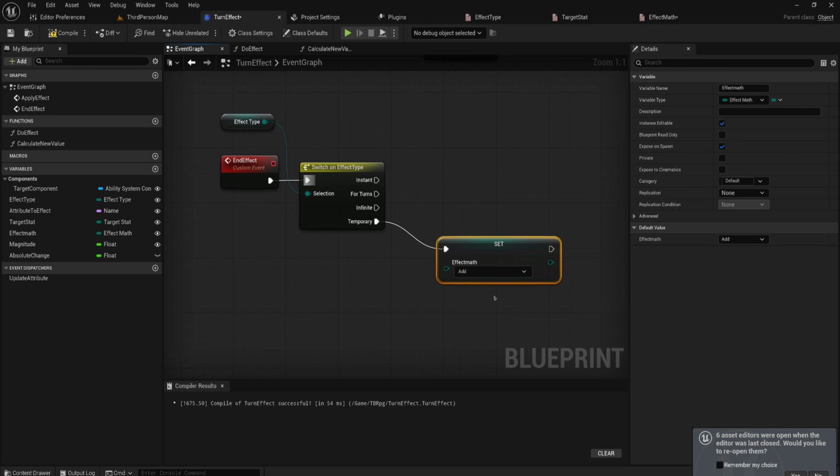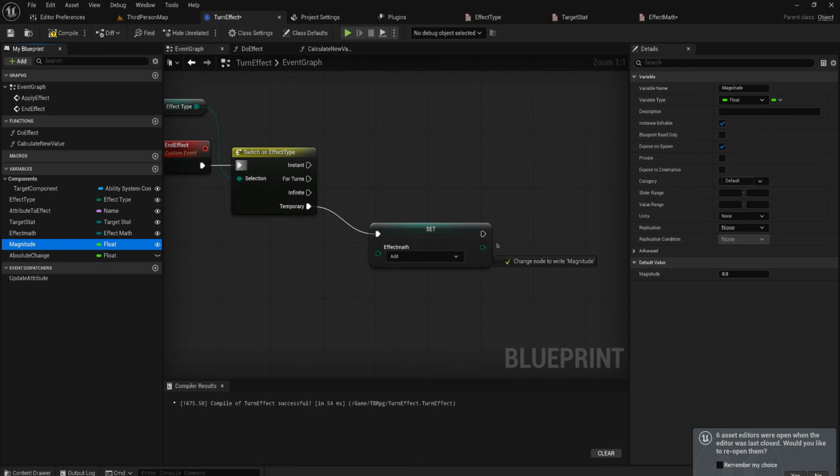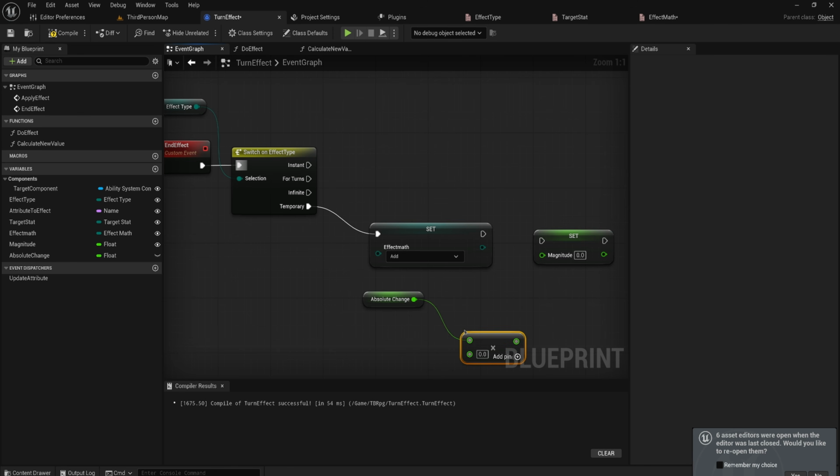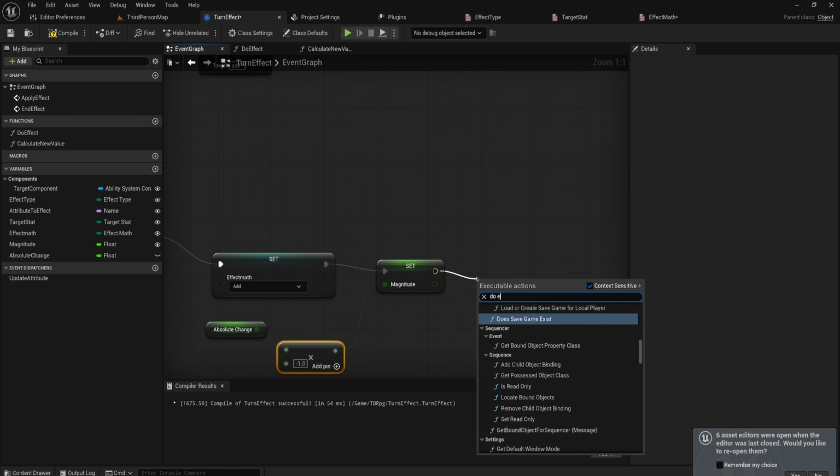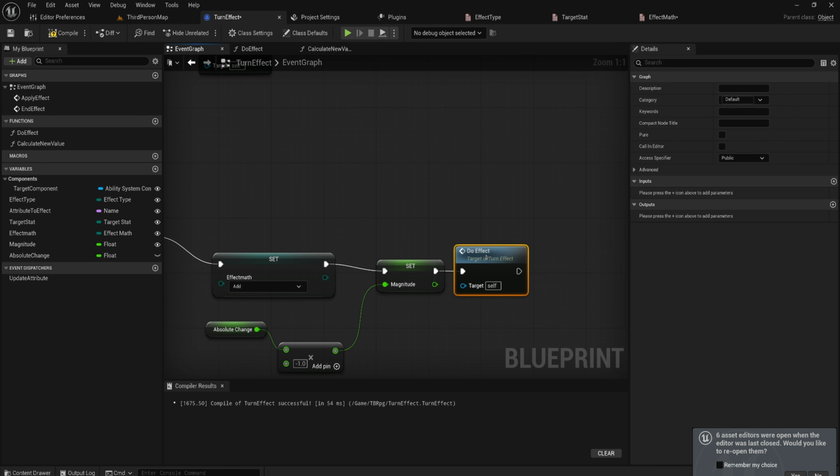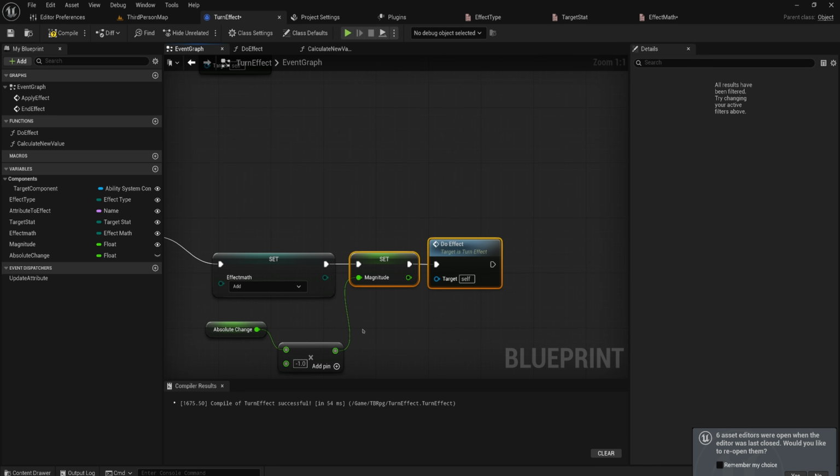Again, adding and subtraction are kind of the same thing, just in opposite directions. And we're going to set our new current magnitude to being our absolute change multiplied by -1. So we're just going to add back in however much we took away or the other way around. And then we will do the effect to reverse it back to what it was before we applied